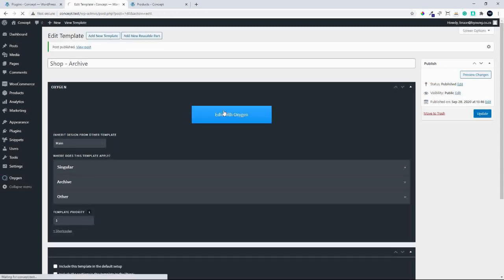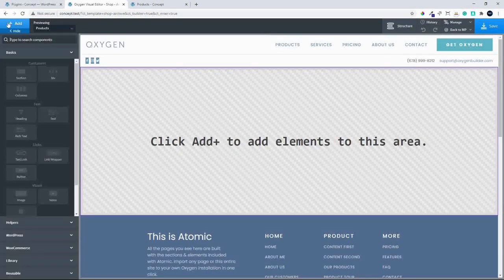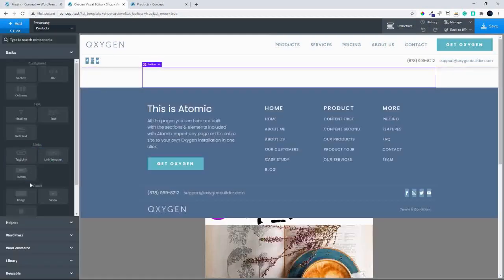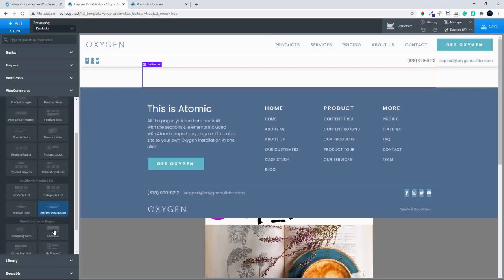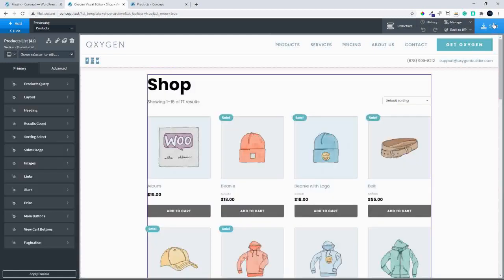That published, I head over to edit with Oxygen. Oxygen loaded, I'm going to add a section, and in that section I'm going to choose under WooCommerce, I'm going to select a product list. I'm then going to save,